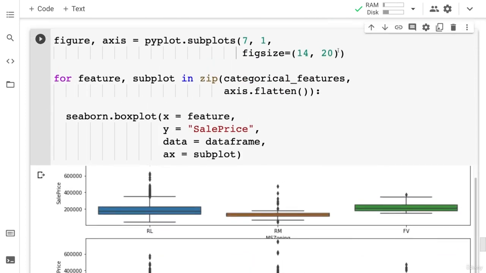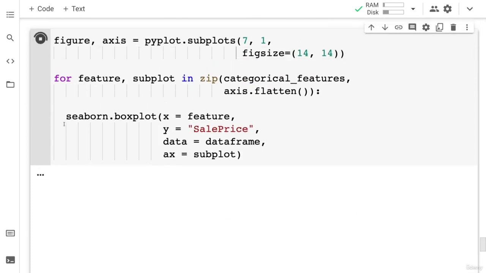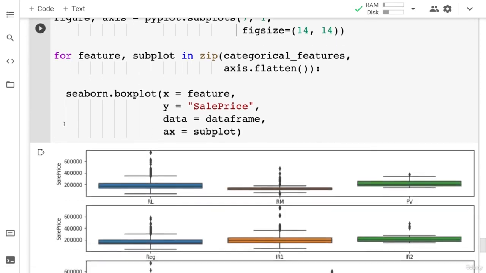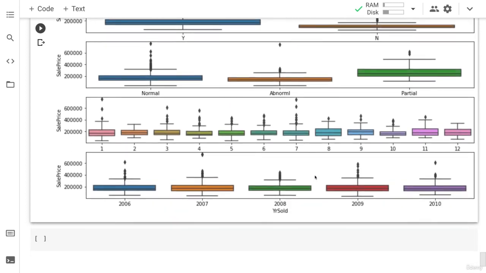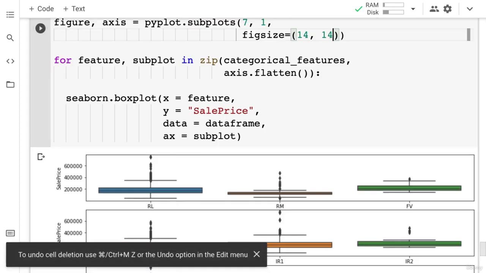Some of the text is getting just a little bit cut off, so maybe I'll just put this back to 14x14. It'll be a bit smaller to see, but the text will not get cut off. Okay, awesome. All right. Next up, we can continue